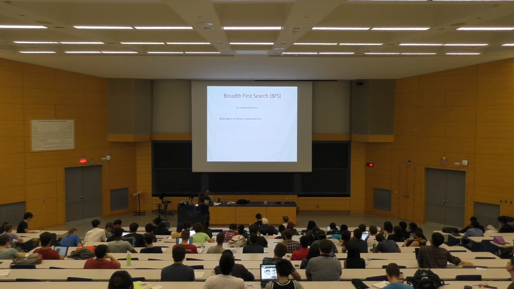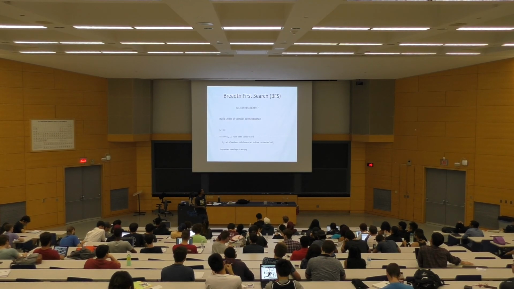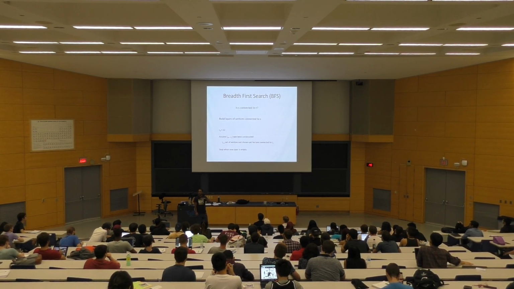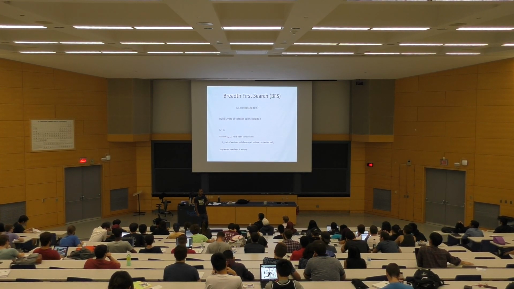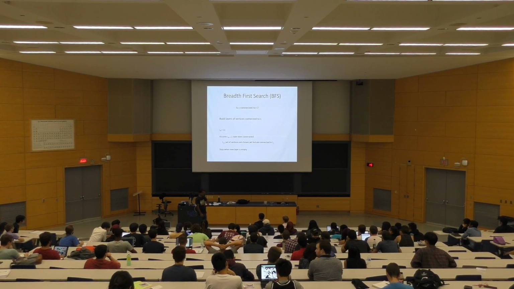You build layers successively in breadth first search. Your very first layer, which we'll call L0, just has the start vertex S. And at any point, if you have already constructed up to layer J, you look at all the neighbors of vertices in layer J that are connected directly by an edge and that you have not considered already. And add those to the next layer. You keep on doing this till you cannot add a new layer, and the moment you're done, then you're done.